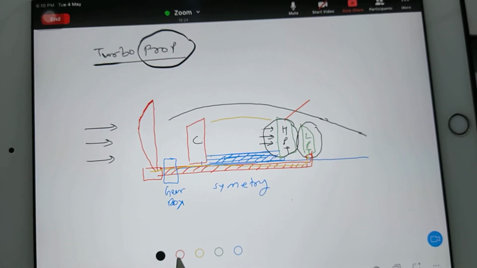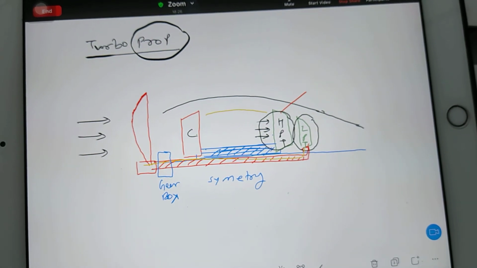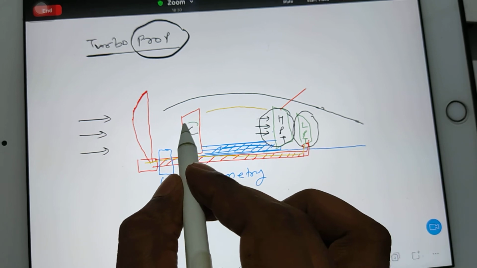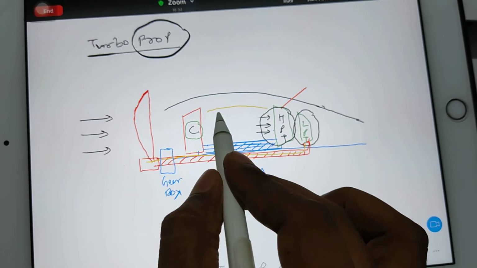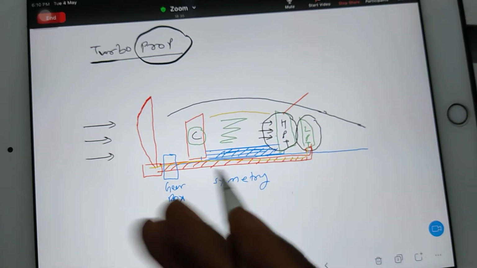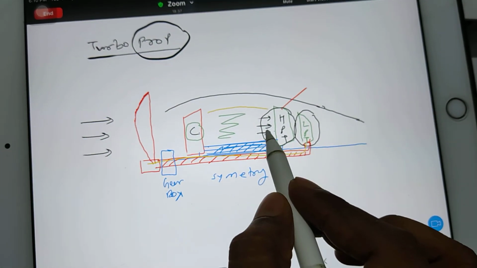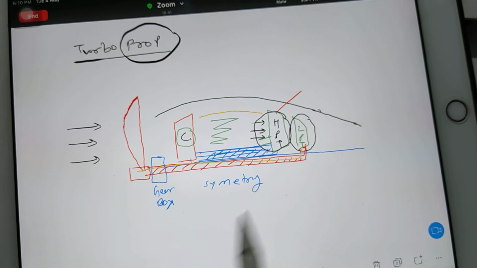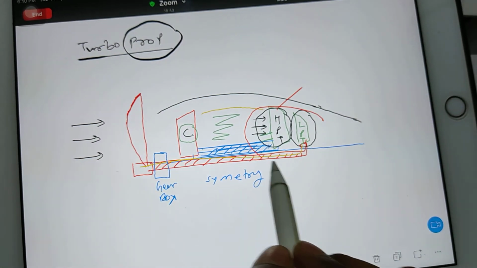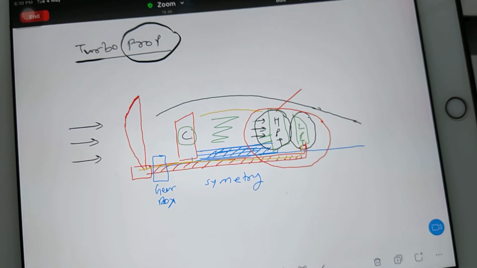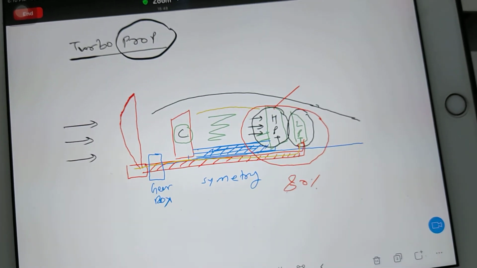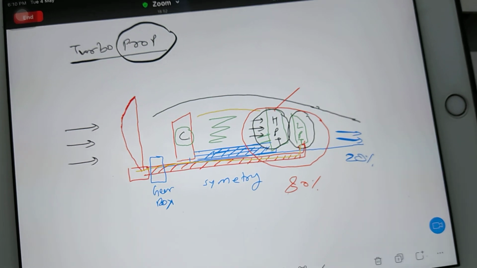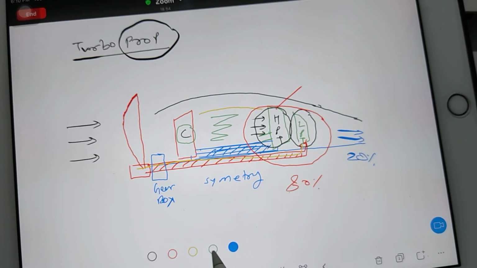So now let's understand some basic points about the design, and all the parts have the same rule, the same work here. Compressor to compress the air, combustion chamber to increase the temperature of the incoming air, and the turbine does work. Some important points, like one of the most important points here, almost 80% expansion will happen in the turbine itself. The remaining 20% will happen in the nozzle. You can see the role of the turbine here.